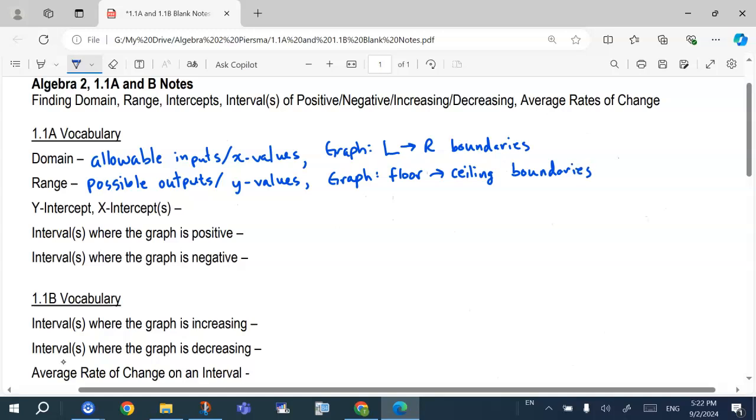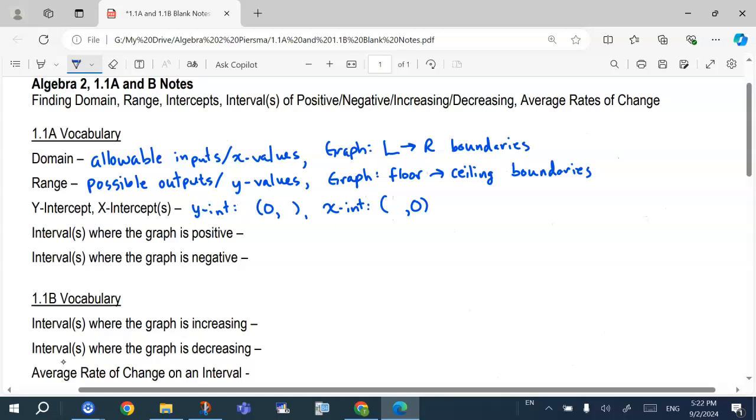The Y and X-intercept: functions have one Y-intercept, if they have one at all. And the Y-intercept is going to look like this. It's going to have 0 for the X for sure. And the Y will be whatever the coordinate is on the Y-axis. There could be more than one X-intercept. And for the X-intercepts, it is the Y that is 0. And again, you could have multiple of these crossing the x-axis, but you look for where it crosses the x-axis,